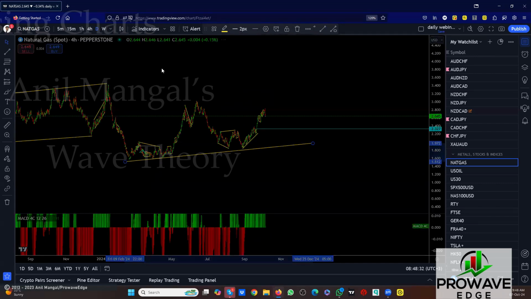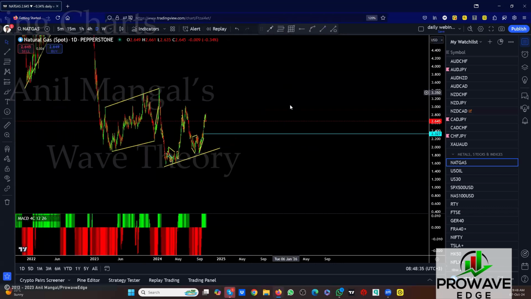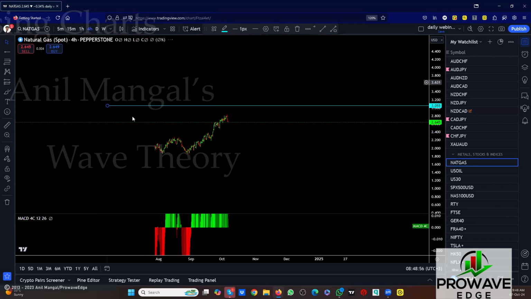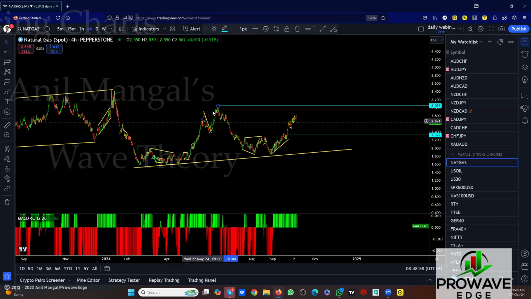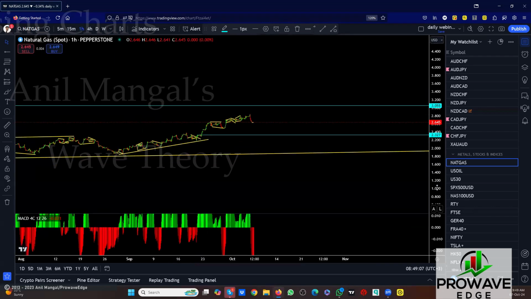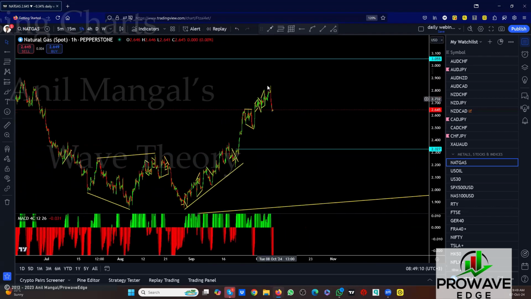Let's go back to the daily. If this is making another flat here, that was a huge flat drop. If this is making another flat similar to that one, we'd have to retest this top. Right? This can't be only correction. This is sharp. They're all very sharp at the moment. None of them has that corrective nature like this. So let's go back into the 4 hours. See, this has 1, 2, 3. 1, 2, 3. This doesn't have a 2. So we could be making a 2 here now and then go break the top for a 3. So I don't think we're coming down as it. I think we're consolidating for a bigger flat. So I would see this first impulse as a possibility of making a bigger flat and then go back up.